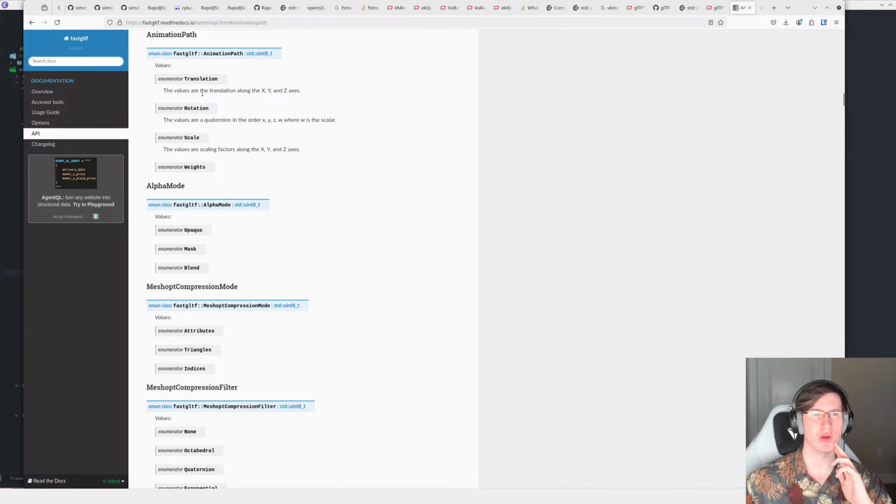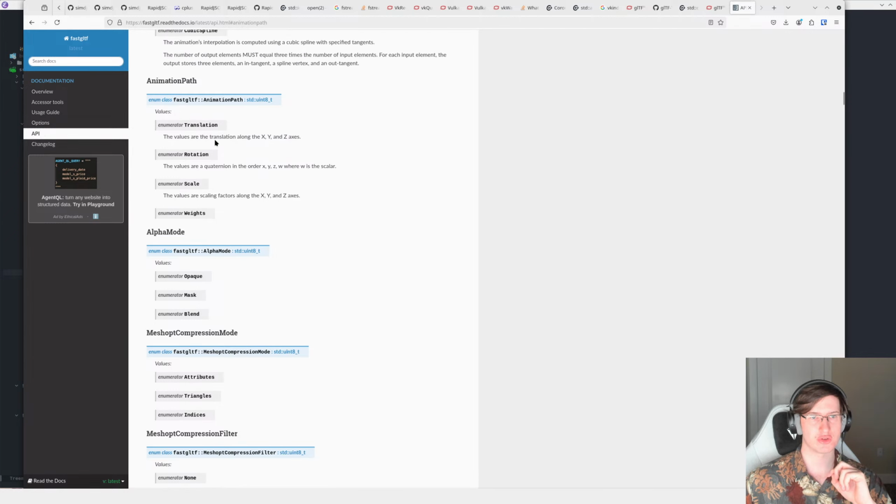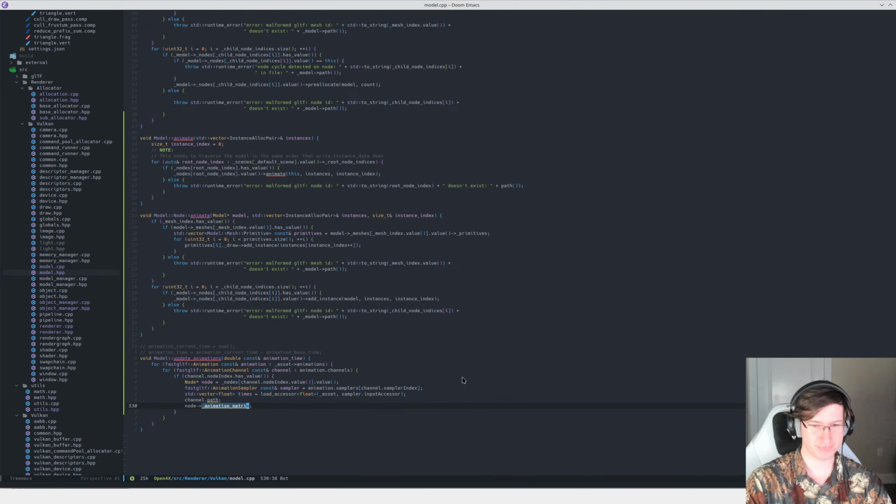Enum. Wait, what? The value? Oh, yeah, the values are the translation. Okay. So I don't do string compare. It does it for me. So this is just an enum. Okay. So channel path is equal to fastgltf animation path of translation. There we go. So if we're dealing with the translation,